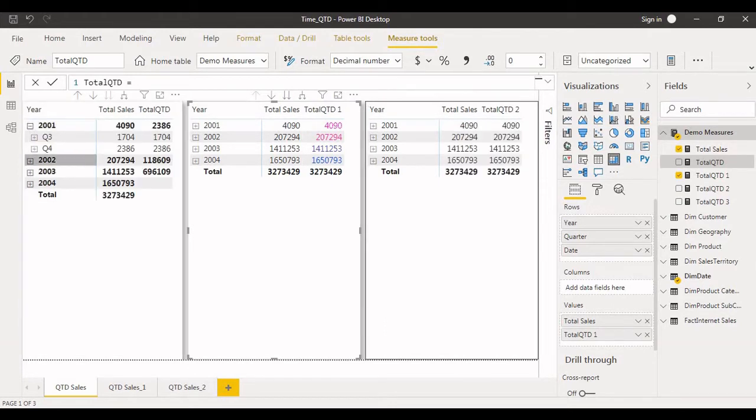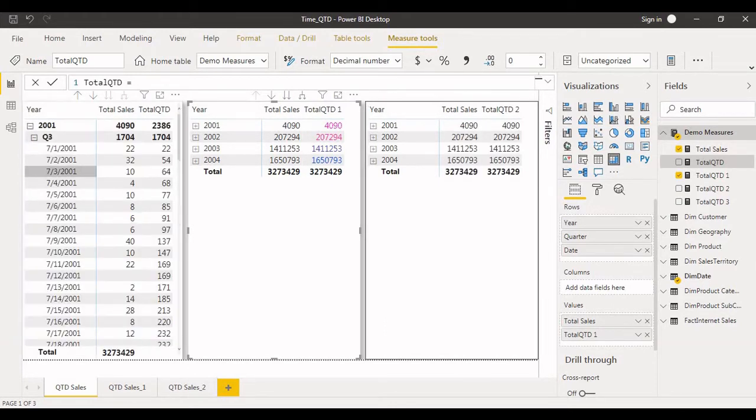For quarter 3, starting from July, August, September: July 1st is 22, July 2nd is 32, so 22 plus 32 is 54, July 3rd 10 makes 64, and like that it keeps summing up to the end of quarter 3. Because it's quarter to date, it keeps adding the sales in that quarter.